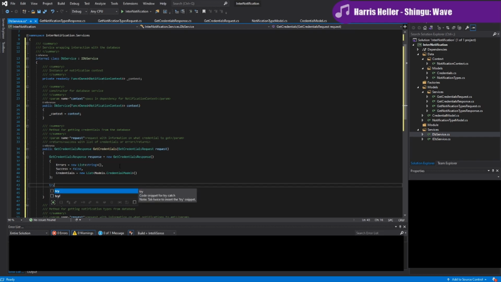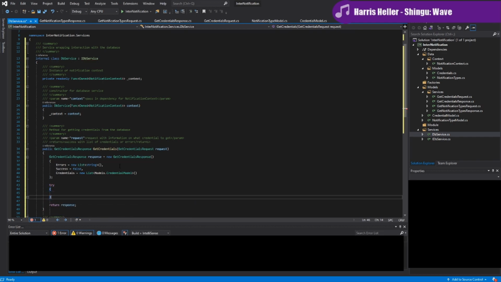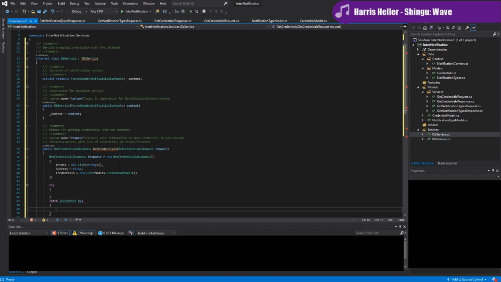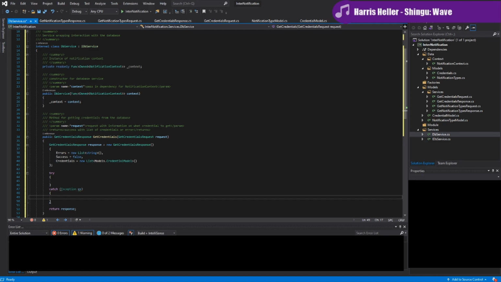Now, the rest of our code is actually going to function inside of a try-catch. This will let it actually fail reliably. So instead of having to worry about an exception bombing out of this class, we're going to catch those exceptions and actually control what response is passed back out. Now, since we are controlling what we're passing back out, we need to make sure that we add the exception that was generated to our errors, which again is why we initialized our errors up here. So we got our errors dot add